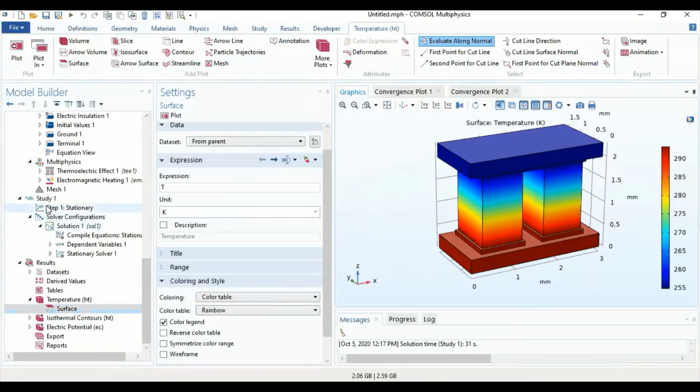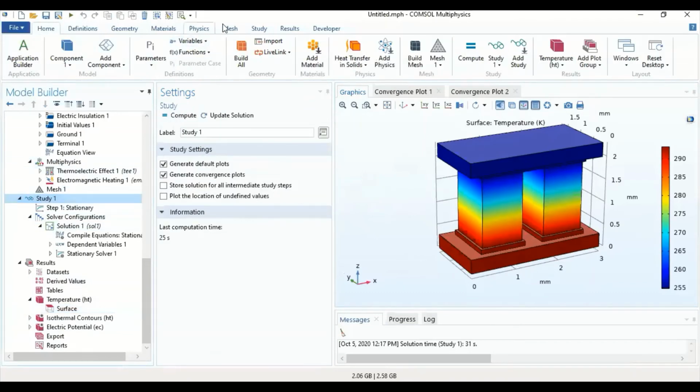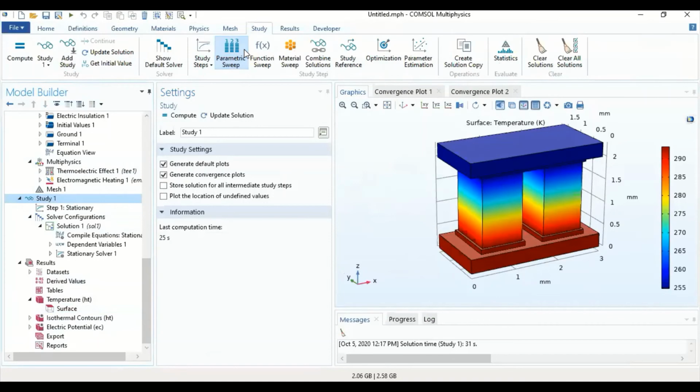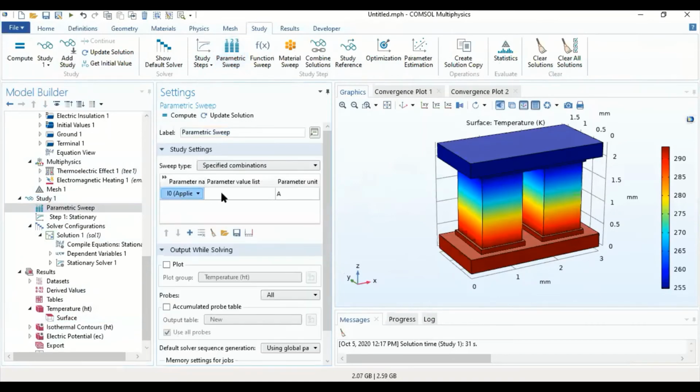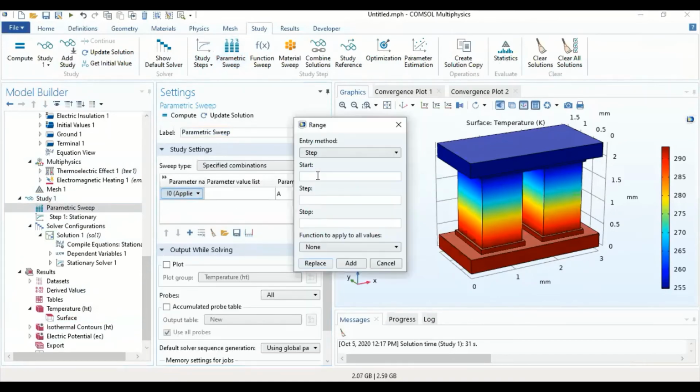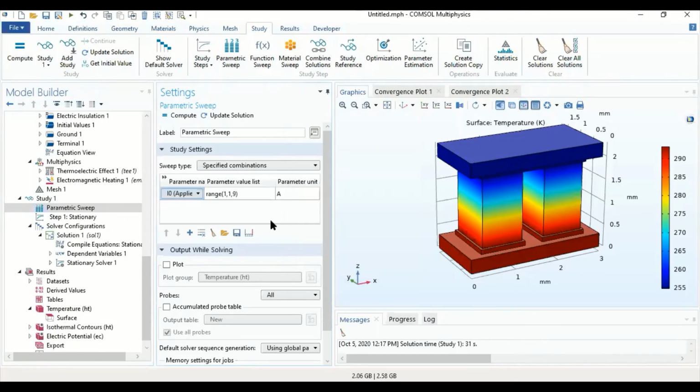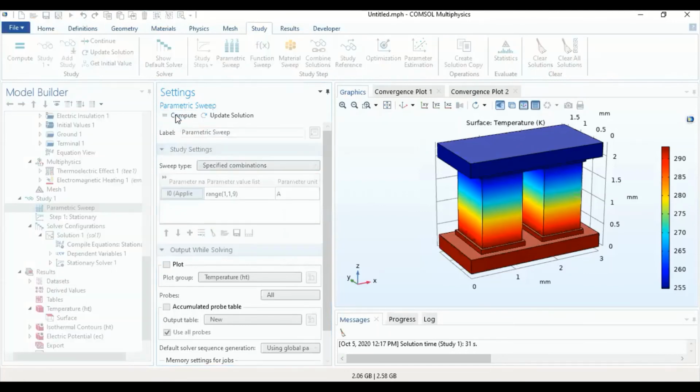And we can use a different kind of study. We can add a parametric solver, so a parametric sweep for the current. I can have my current start at 1 amp and go up to 9 amps with a step of 1 amp. And we can see how changing the current would change the maximum and minimum temperatures of these surfaces. So now the model is going to be run 9 times from 1 ampere to 9 ampere with a step of 1 ampere, and you can see the different plots for all these